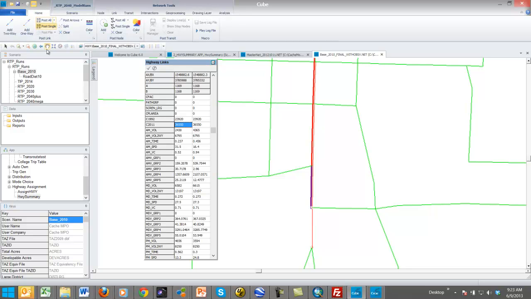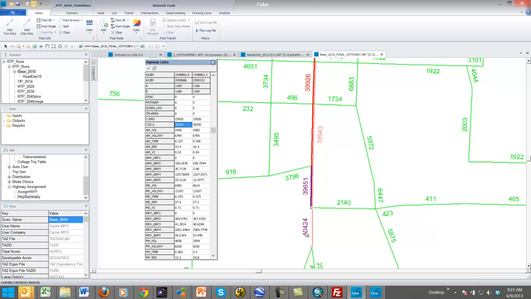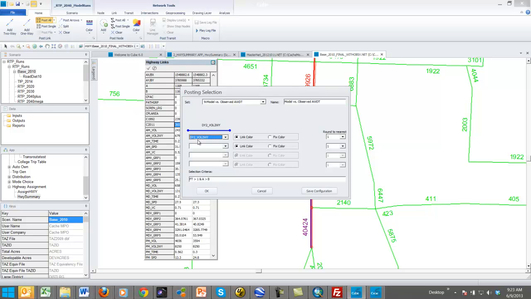Home is where it is. Then we go to post all. We're going to go to post the model versus observed. It's the way I set it up last time because I had saved it, but if yours isn't like that, that's okay. You just go here and you find dy2 vol2 way, and then you find count